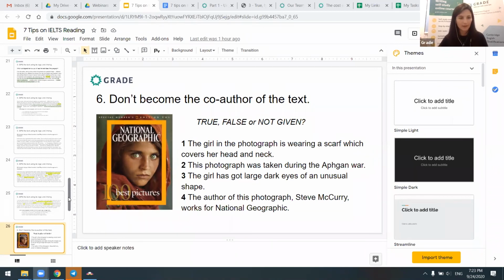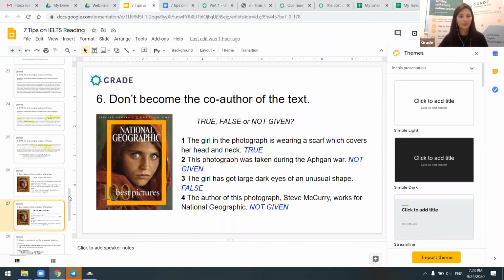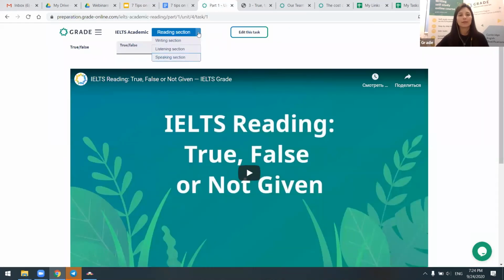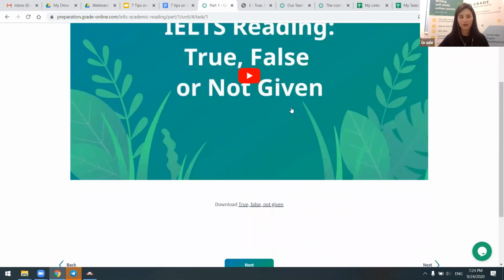That's the tip. Now, for this type of question we use the picture, not the passage, but anyway, you know that it's a common type of question in the IELTS test. And I just want to show you a bit of our platform reading section. As I said before, we have all sections for preparation, including reading. And in it, you see a video which explains in detail how to tackle true, false, not given questions, what the action plan is, and actually what